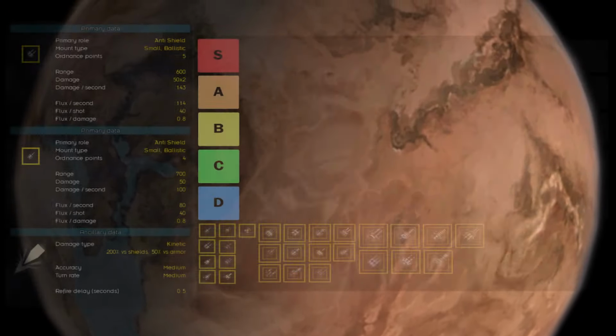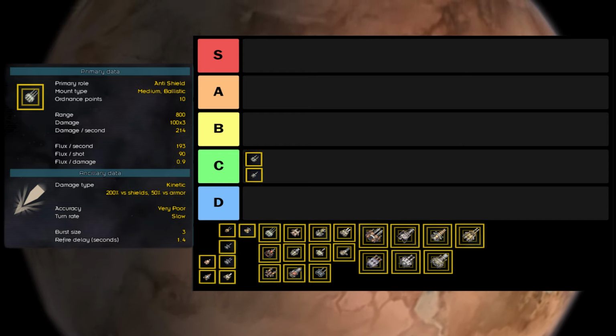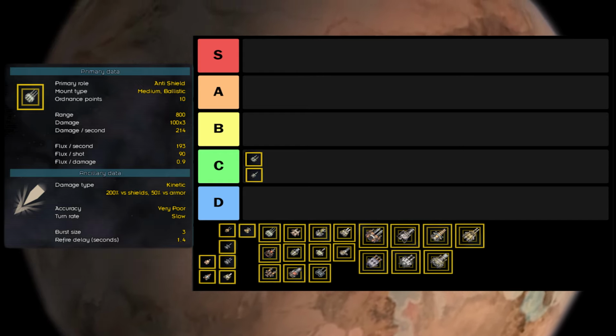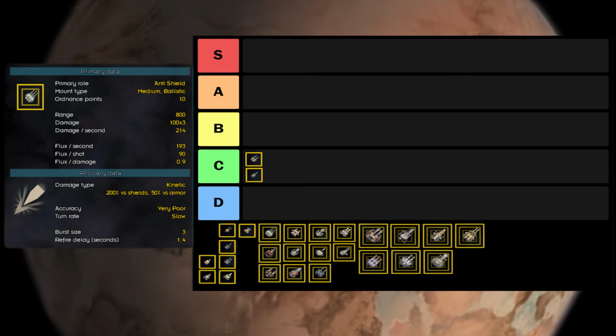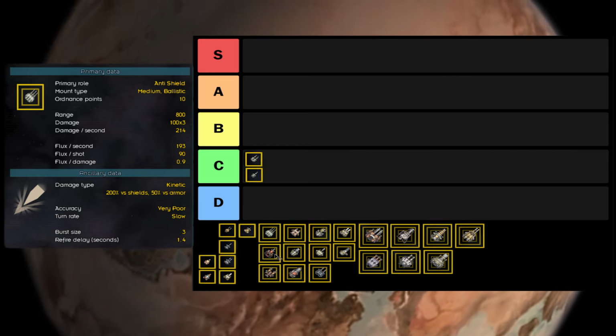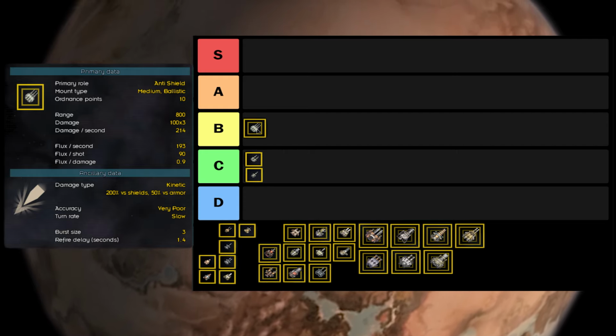Moving into the medium slot, we have the heavy autocannon. The heavy autocannon is what I would consider the standard shield break option for the medium ballistic slot. If you're not using a hypervelocity driver for shield break, then you're going to be using the heavy autocannon. Compared to the hypervelocity driver, the autocannon does give up some range, but you have a more flux efficient weapon that's just going to be more consistent at dealing damage. For how well-rounded it is and how commonly I use it, I think the heavy autocannon is deserving of the